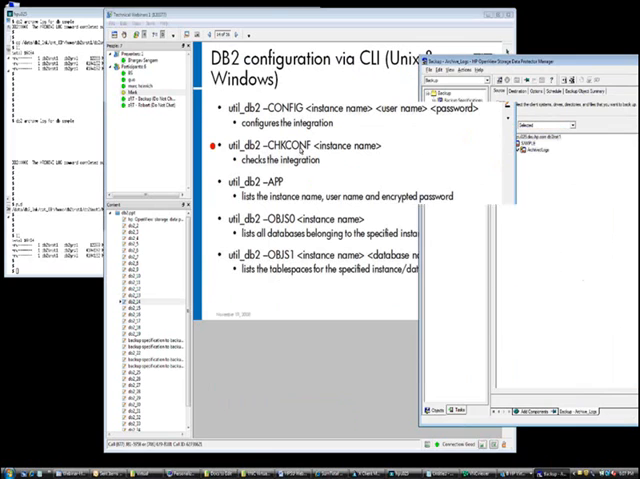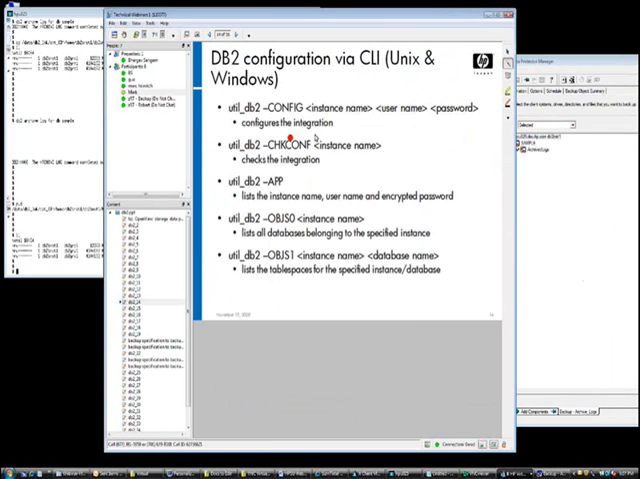And you could also check the configuration using the check option. If you want to see the instance names of your database, you can use -app. Or if you want to find out the names of the databases belonging to a specific instance, you would say util_db2 -objs0 and the name of the instance. If you would like to know the table spaces of that particular database, you would use